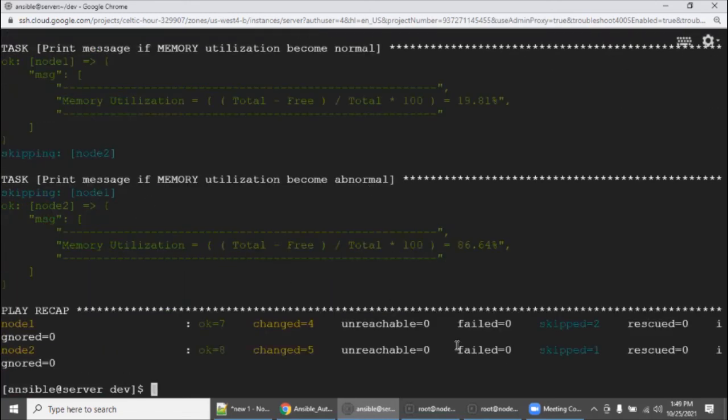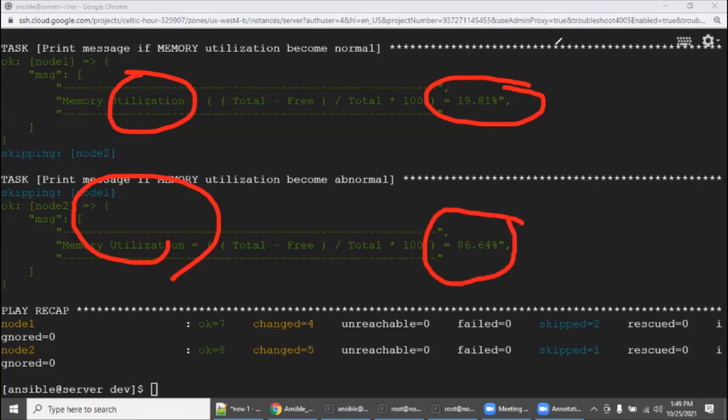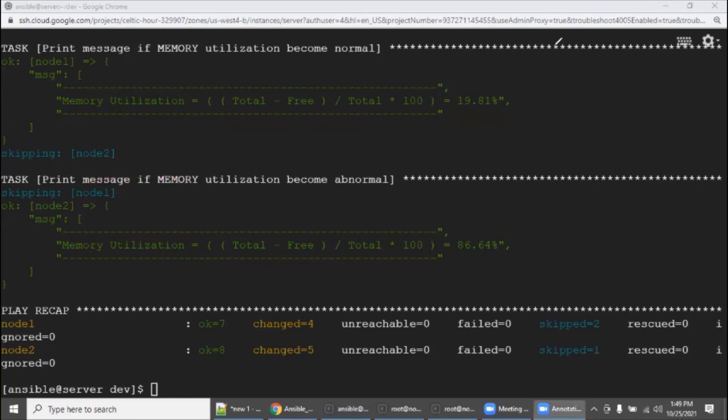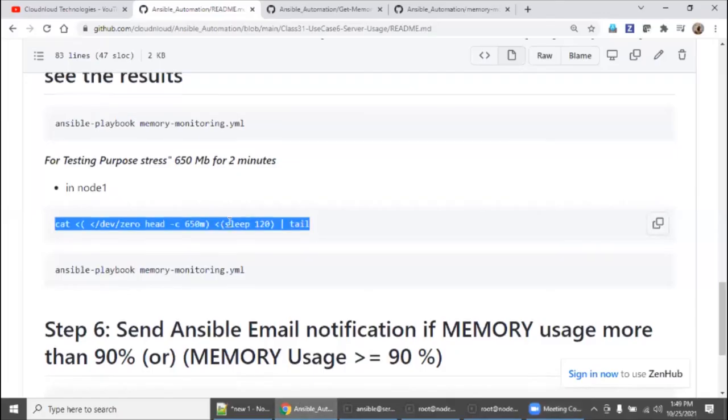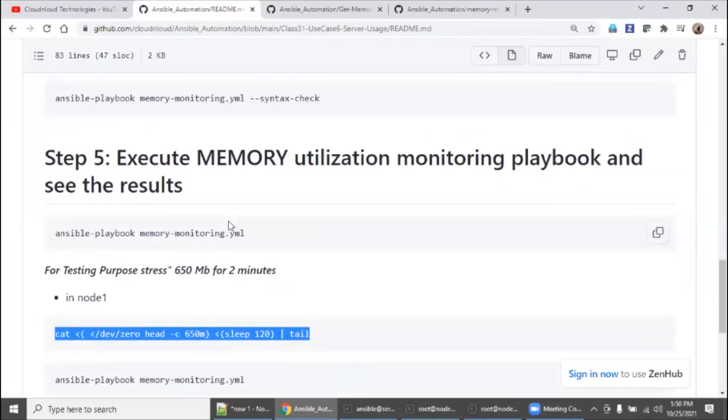See here, node 2 is abnormal, node 1 is normal. Because node 1 has very little utilization, node 2 has very big utilization, because we are giving a virtual load, right? So this is how you need to create, practice and understand how things are working, right?